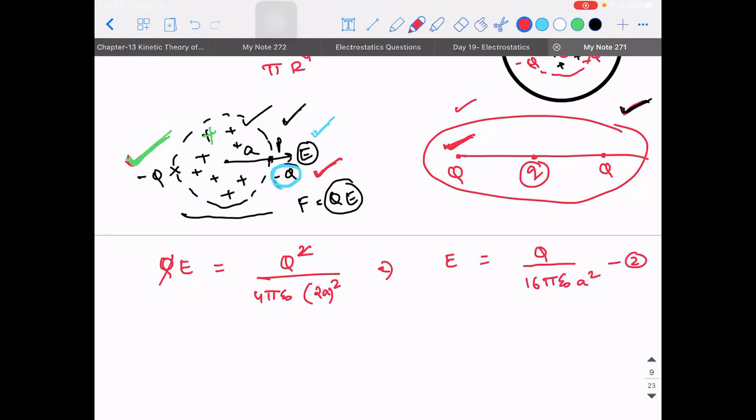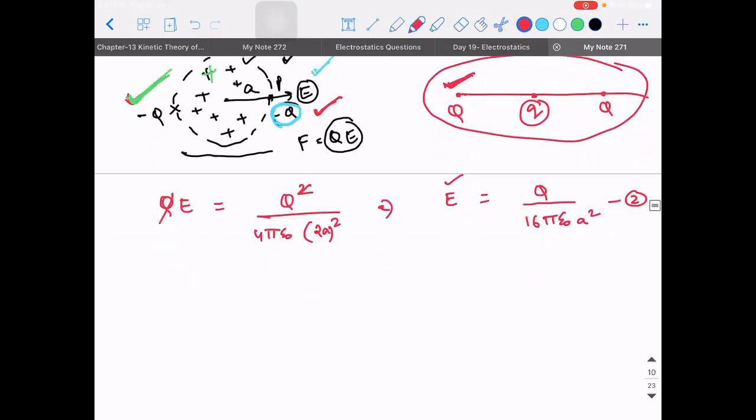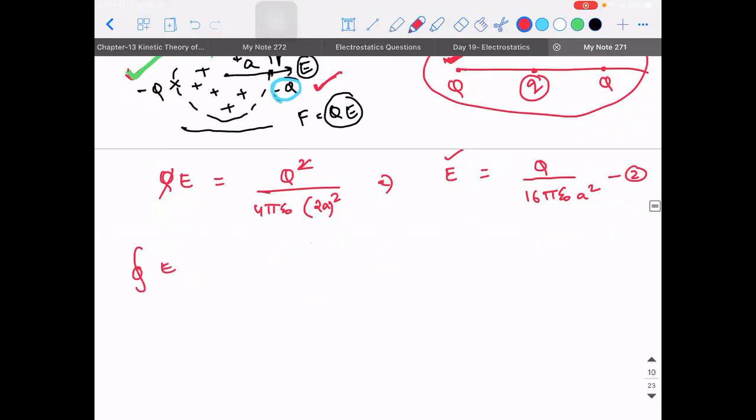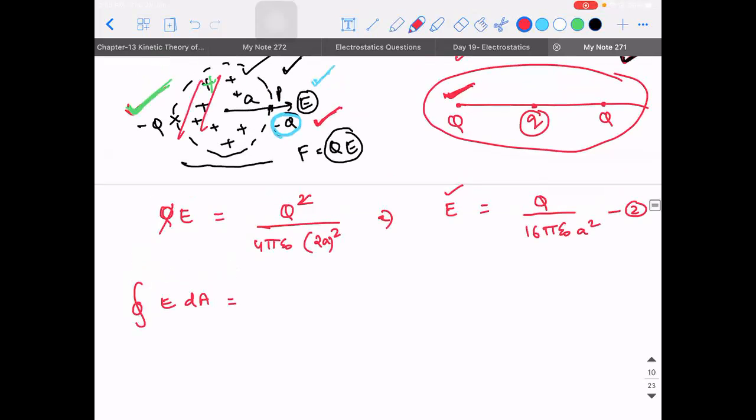Let this be equation 2. So what are we stuck with? We don't know what this electric field is. To calculate that electric field, we can apply Gauss law. So what does Gauss law state? Integral of E dot dA is equal to the total charge present in this surface, so I can write it as integral of rho dV divided by epsilon naught. Guys, are you able to understand this? I know it is a tough problem, but it covers many concepts. If something is unclear, please let me know. If you want me to explain any of the steps, I'll do it.